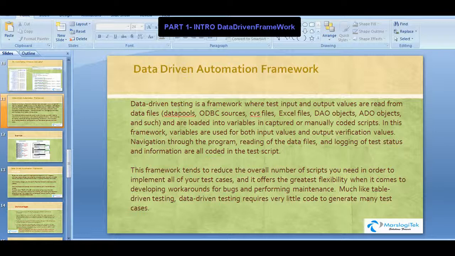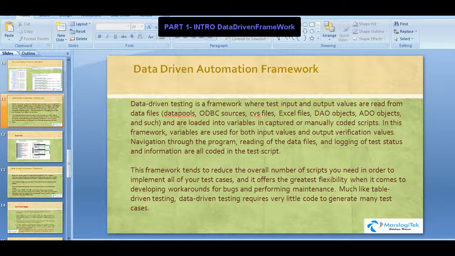So now the important thing here is how to develop a framework from scratch. We'll take a data-driven framework as a basic. In my previous videos, you might have seen what frameworks generally are, what different types of frameworks there are, and the pros and cons of each framework. So in this session, I'm going to talk more about data-driven frameworks and how to implement them from scratch using Selenium and TestNG.